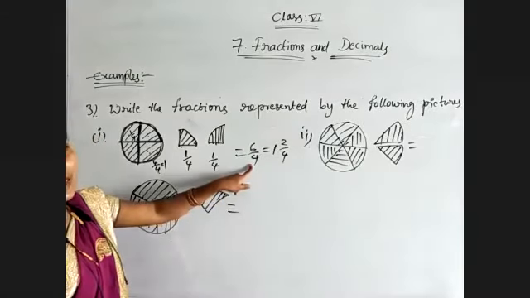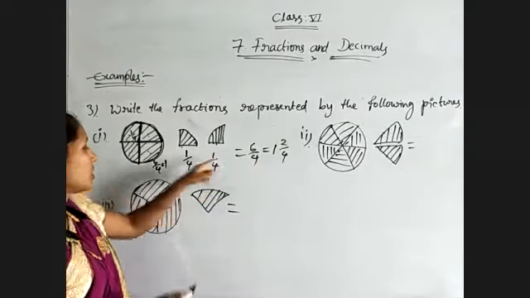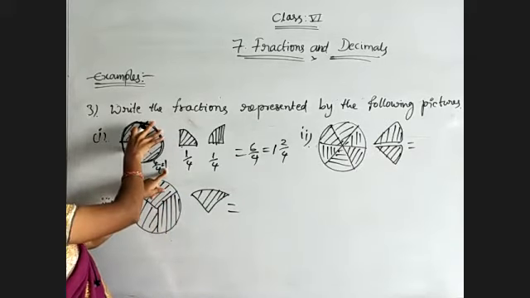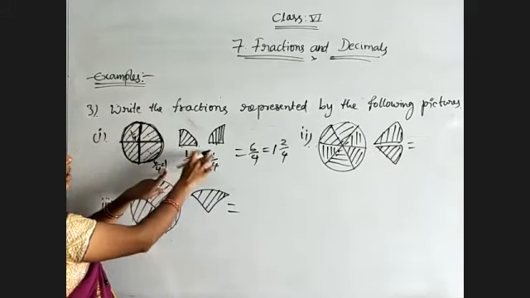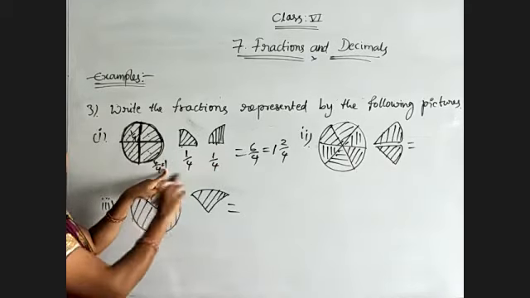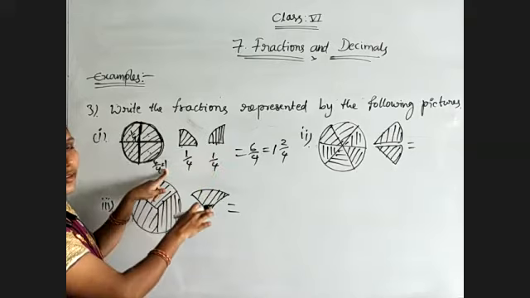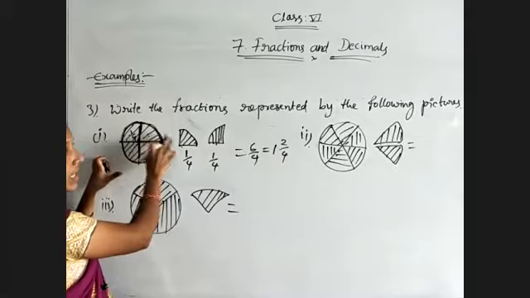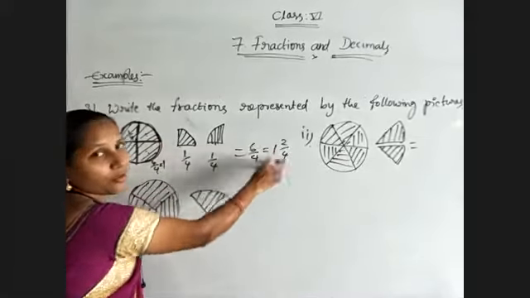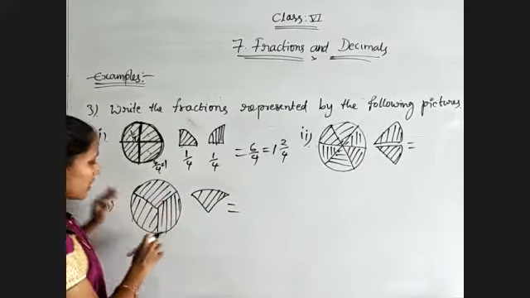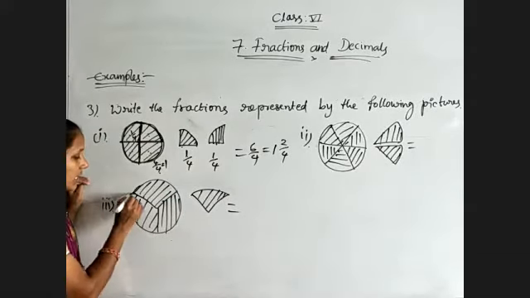If you want to represent by using mixed fraction, 4 by 4 is nothing but one whole completely used. 1 whole completely used, 1 by 4, and this is another 1 by 4. Two 1 by 4 are there. That is 2 by 4. 1 plus 1, 2 by 4. 1, 2 by 4. One whole completely used and remaining 2 parts, 2 by 4. 2 out of 4 equal parts. Okay. Now coming to this third problem, you can understand easily.